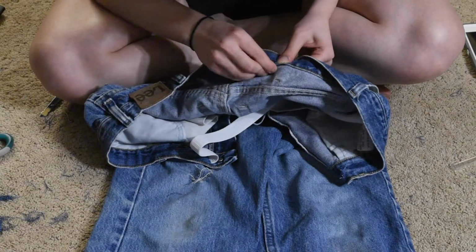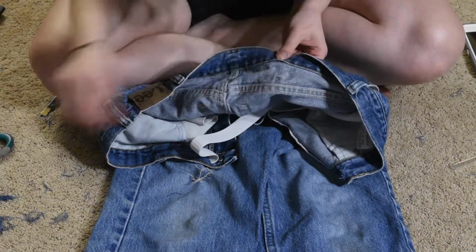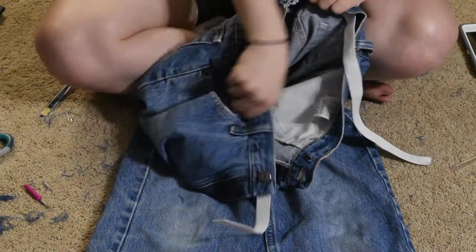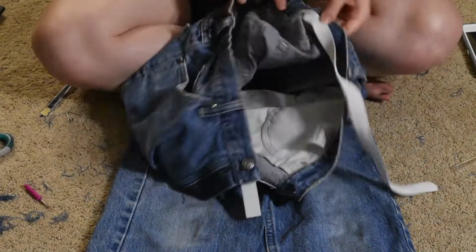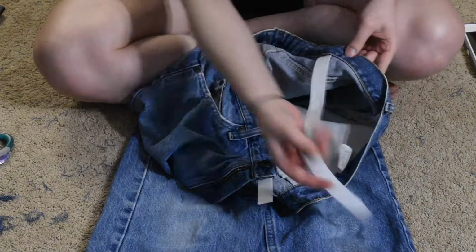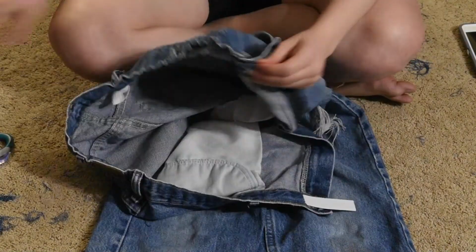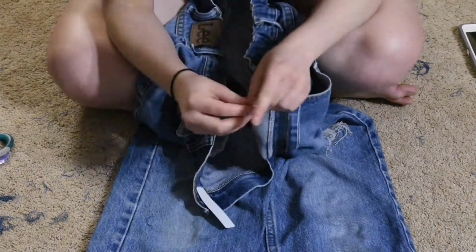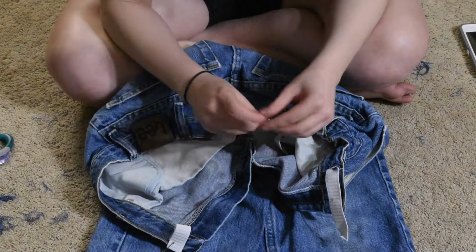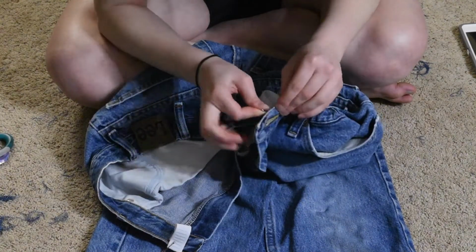So instead of pulling it out and redoing it all, I just seam ripped the inside a little bit so I could fit the other end of the elastic through it, and then I reattached the safety pin and put it back in and continued fishing it. So once that arduous process was done, all I did was safety pin the elastic of the pants